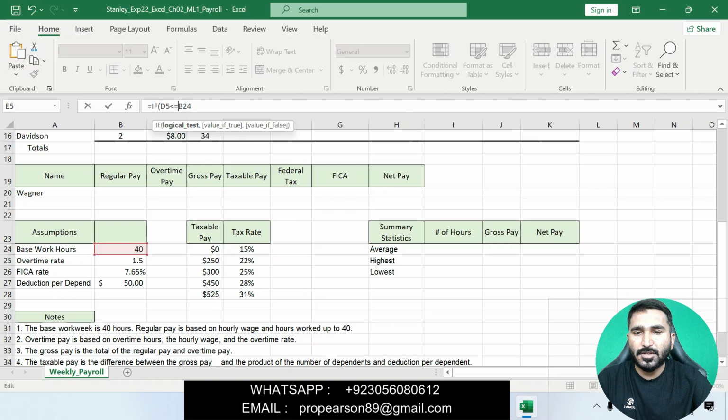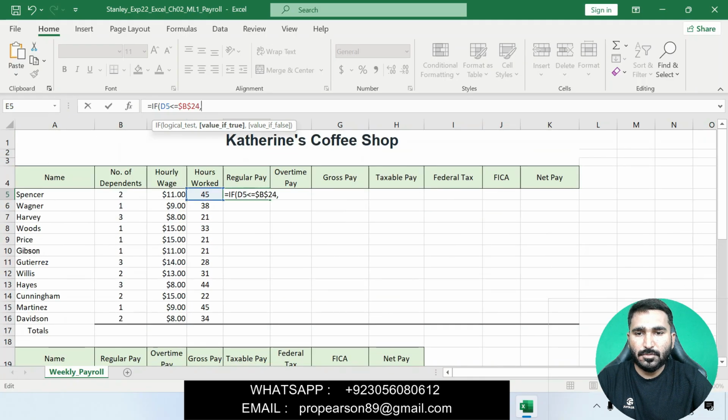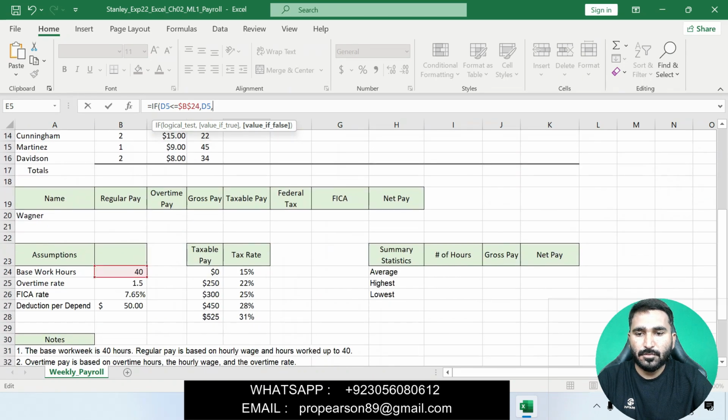Using absolute references, enter the $ sign. B24, and then D5, and then multiplying by C5.